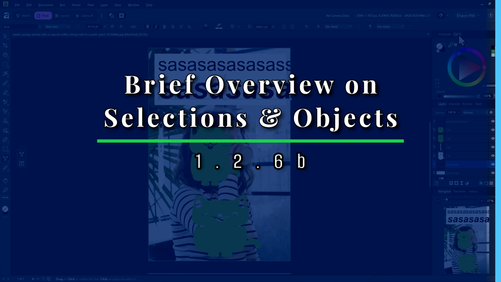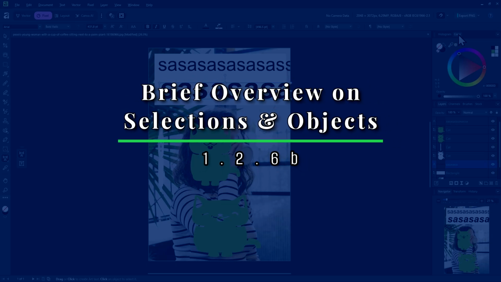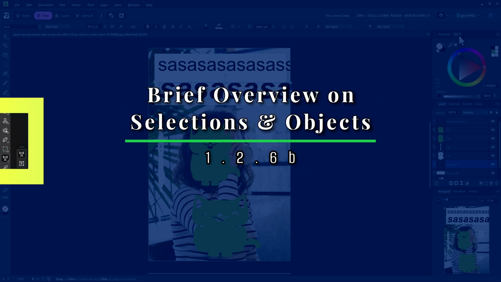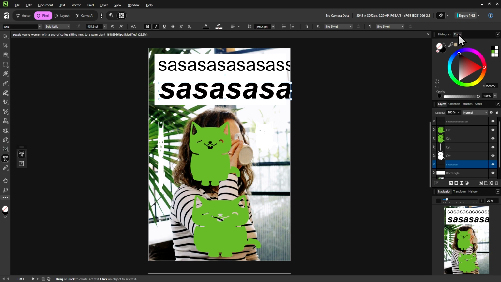Selecting something just means you want to focus on it to edit it, move it, or delete it. So selecting one of the green cats would mean you either want to edit the green cat, move the green cat, or delete the green cat. In this case, we want to edit the green cat's color to another color using the color panel.